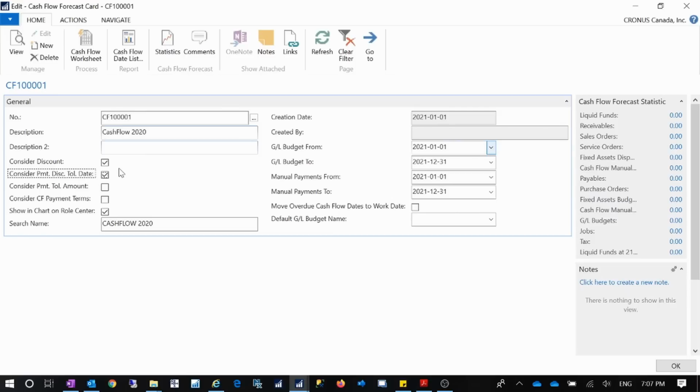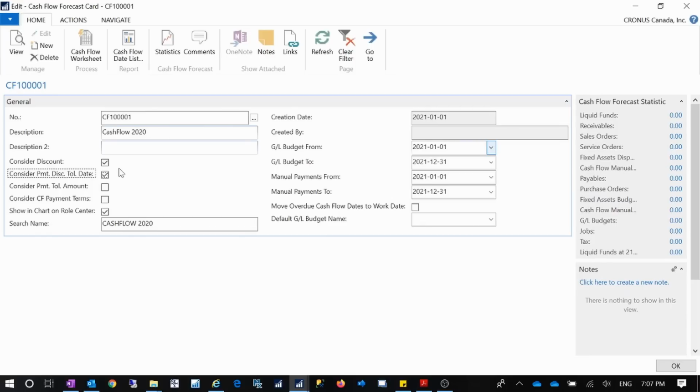But if the customer didn't pay in 10 days, for example, they paid in 15 days, so that 5 days already exceeded your 10 days for the payment discount of 30%. Then if you still want to give that customer that 30% discount, so this extra 5 days is